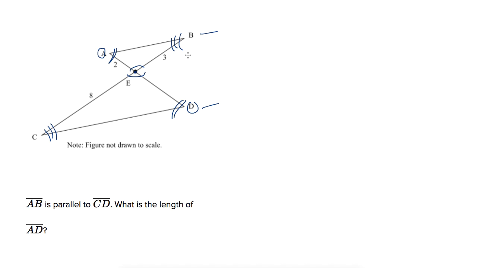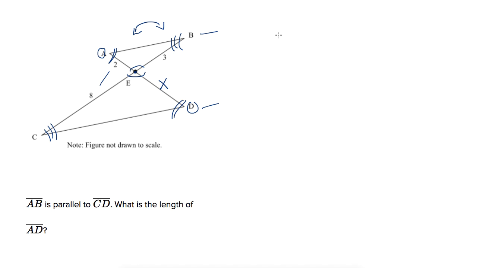Okay, so when I have similar triangles, that means that I can set up a proportion to find missing side lengths. So what I can do here is look and see that the side lengths correspond. Now, I don't want to get mixed up. 2 is not the proportional side length to 8. So I'm not going to set up a proportion that's 2 over 8 equals 3 over x. Let's call this x. I actually need to flip this triangle around and set up a proportion that is